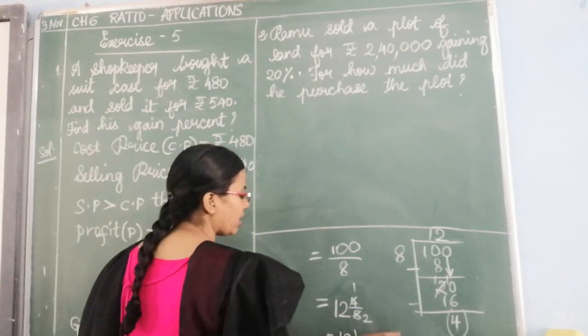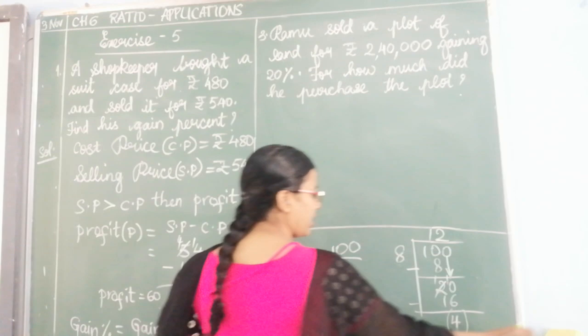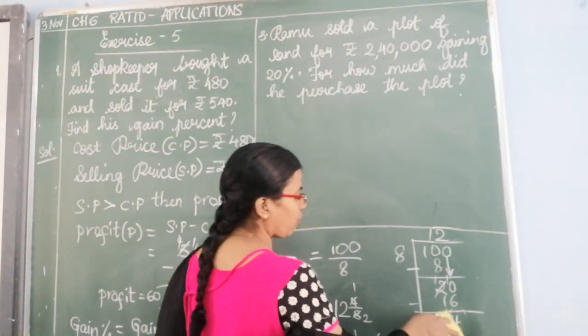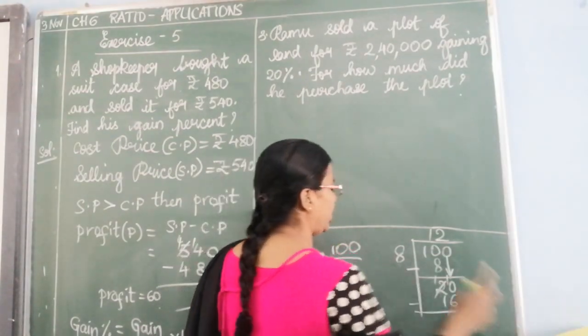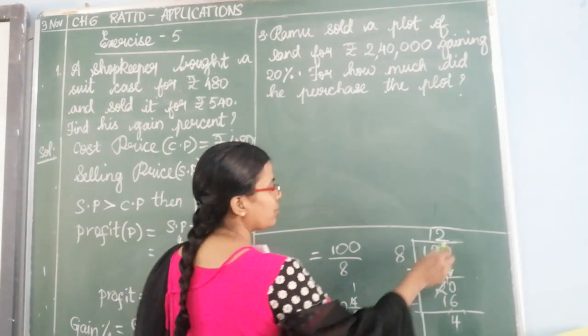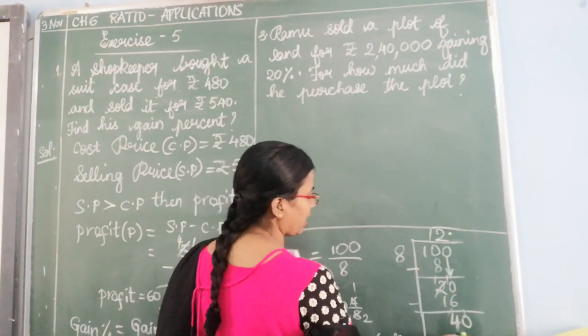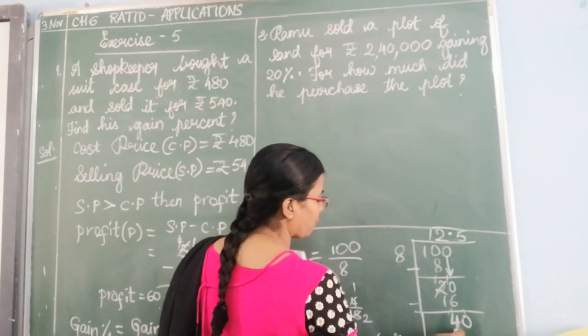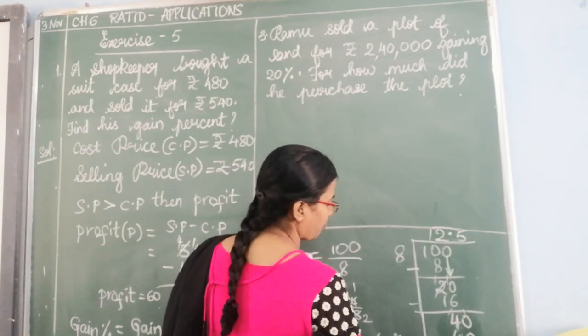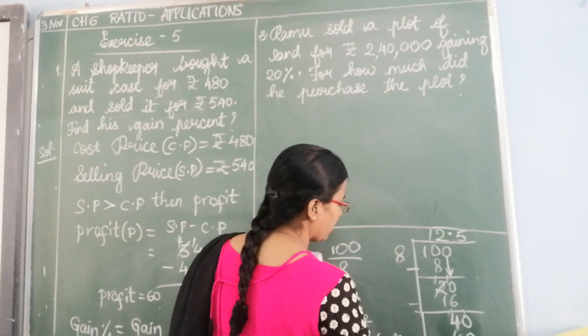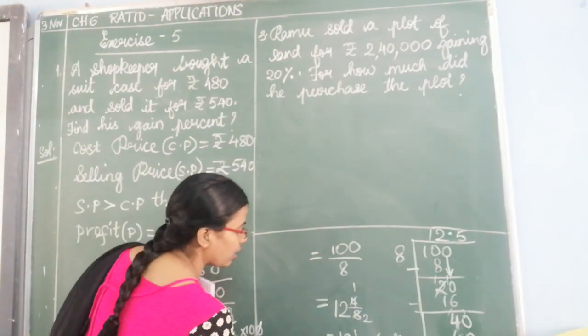12.5%. Or if you want, you can extend this and try to find out the points. After the point, 2 digits you can find out. So here point, if I keep, it becomes 0. 8 5s are 40. 8 5s are 40. So subtraction if you do, this is the remainder 0.